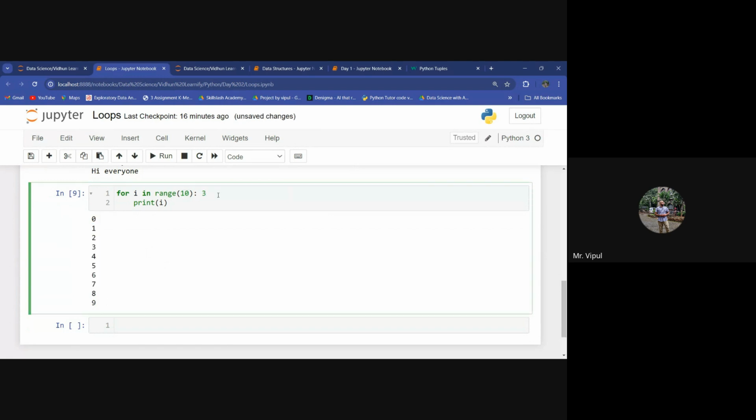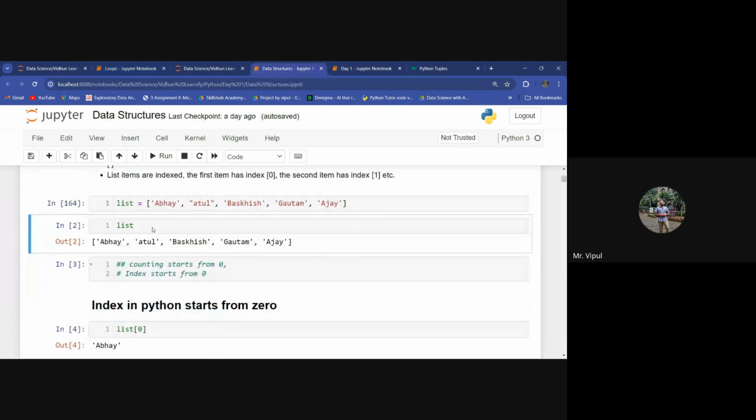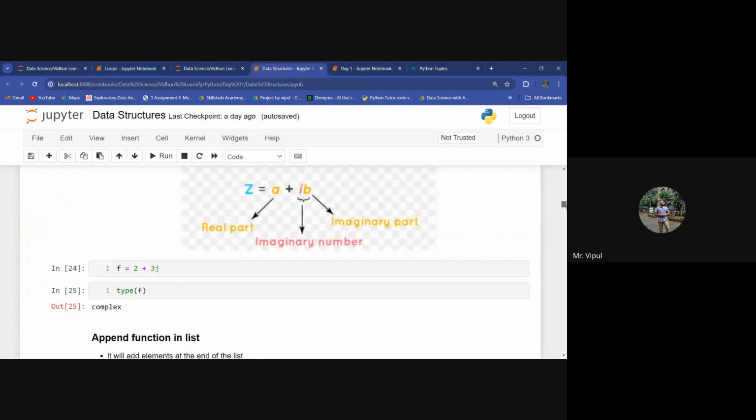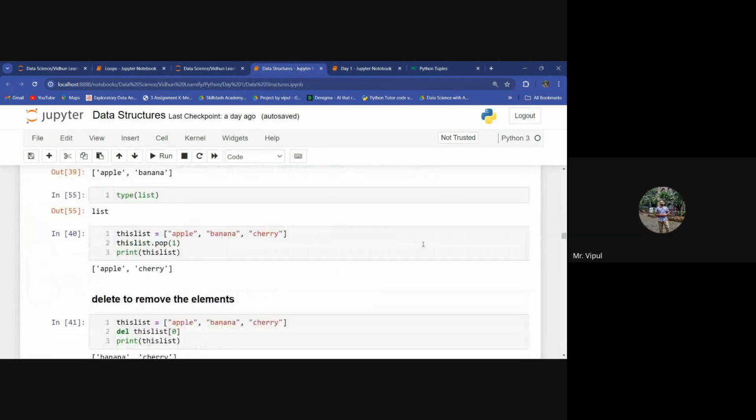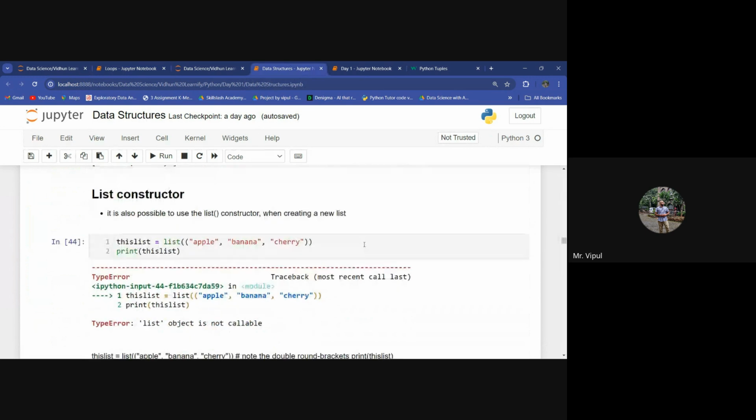Same as we have studied in list and data structures. In tuple, I think we have discussed this.